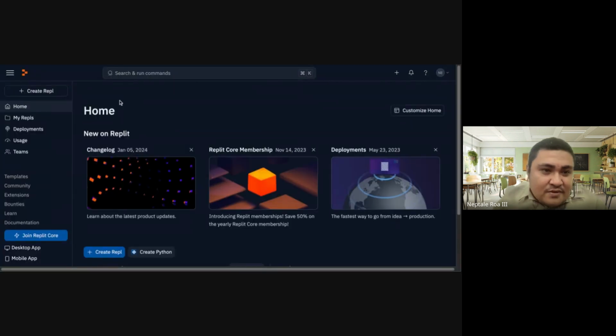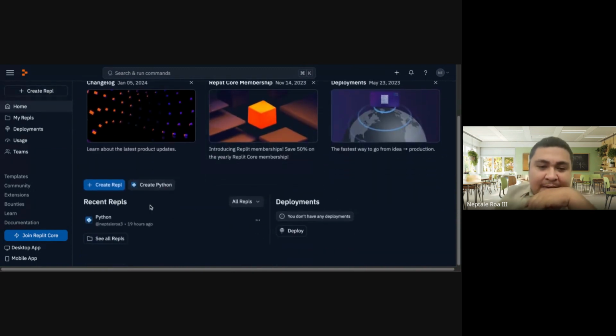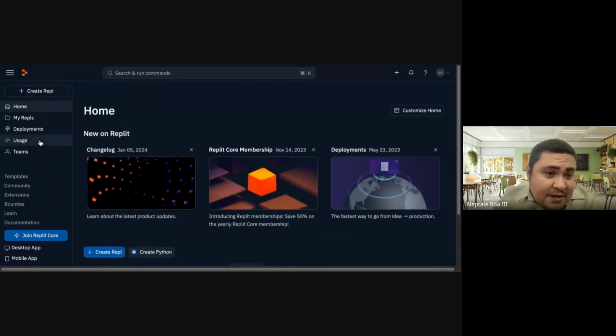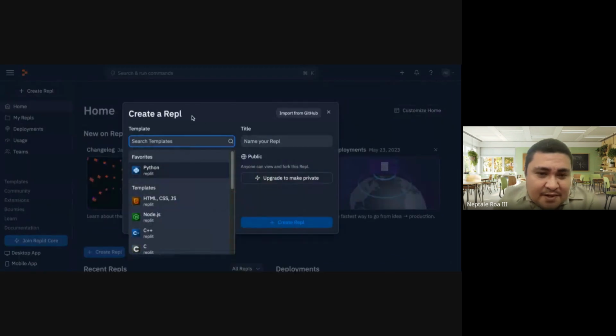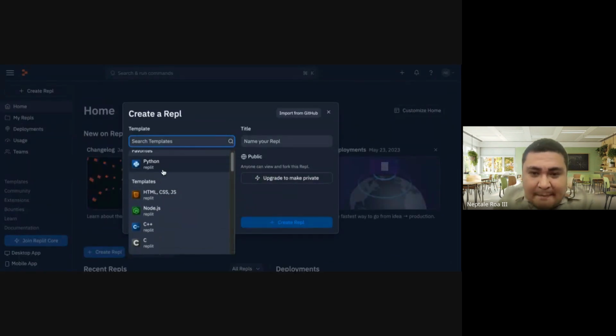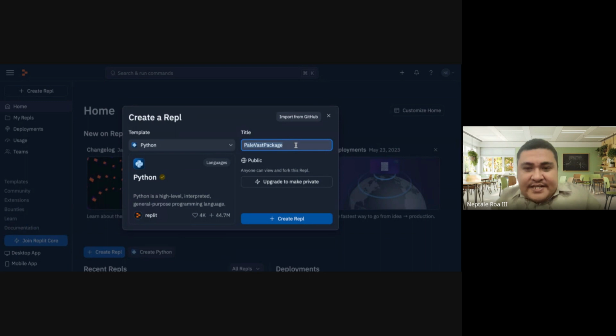Nakalogin na pala ako. Now, if you will try to create a new one for Replit, you just go to Python. Paano ko nga yung ginawa? Create a Repl, ayan. Tapos create a Python, and then, for example, you'll have 2A demo Feb 01. Ayan.